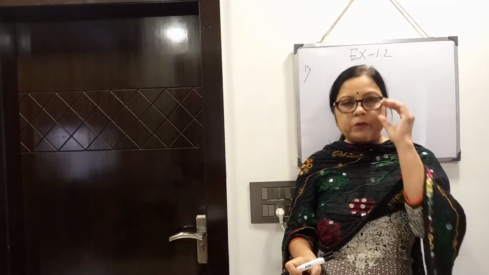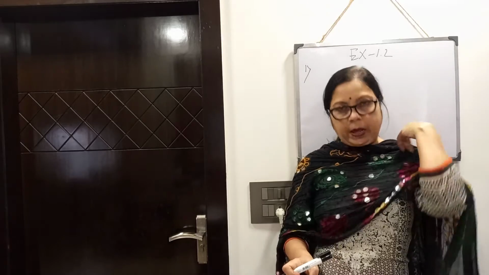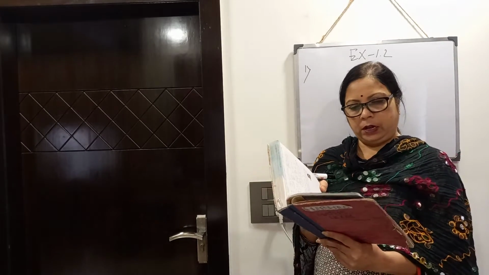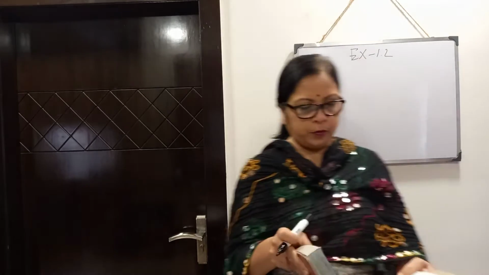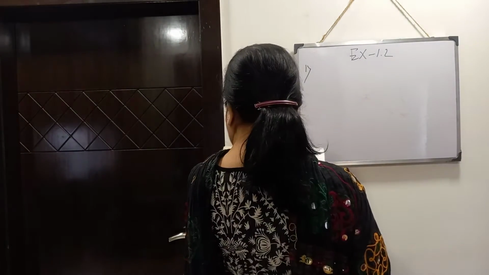Okay. In the first video, what I have told you is that after solving the quadratic equation, you will get two values of the unknown variable, and these two values are called the roots of the given equation. Clear? Now here, if these are the roots, then these values must satisfy the given equation. That means if you put the values in place of the variable, the right hand side will come. Clear? Now we have to check whether these are the roots or not.